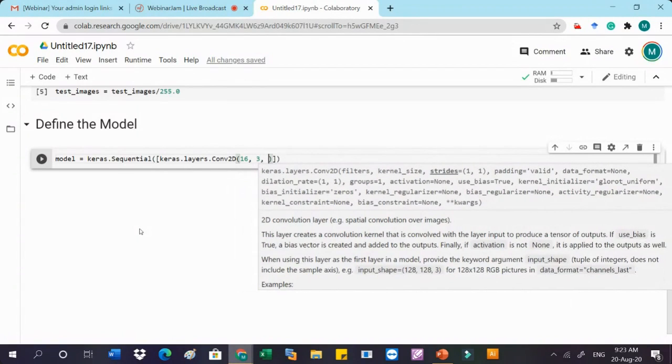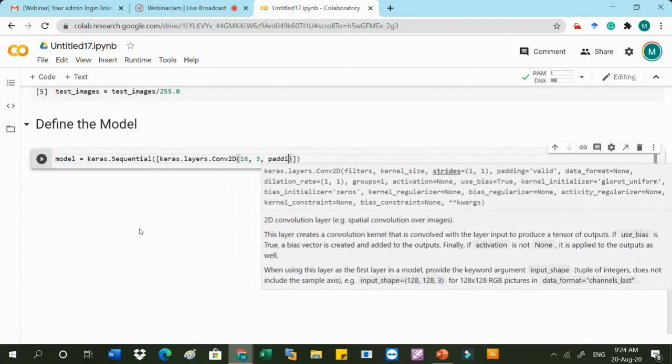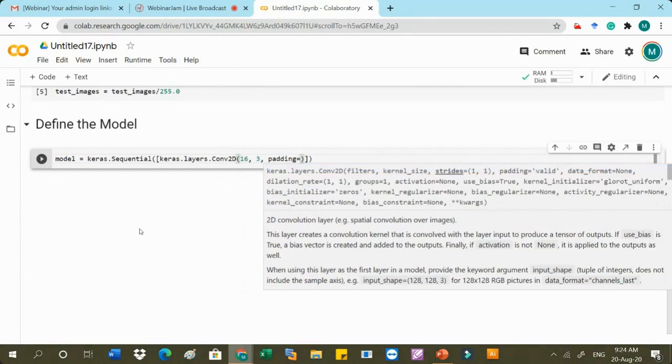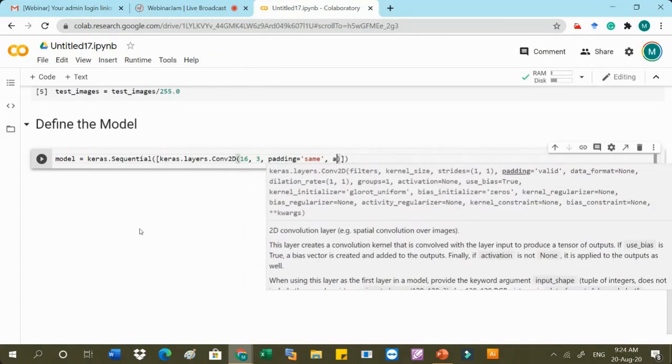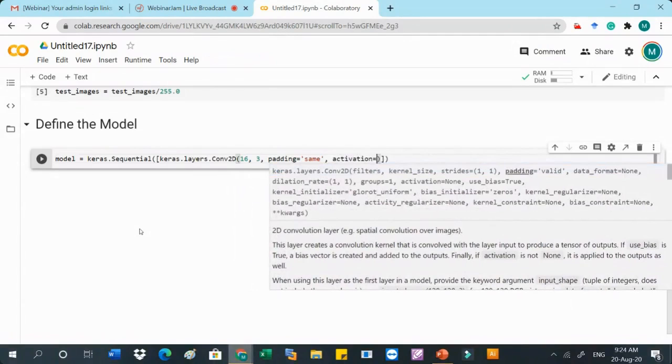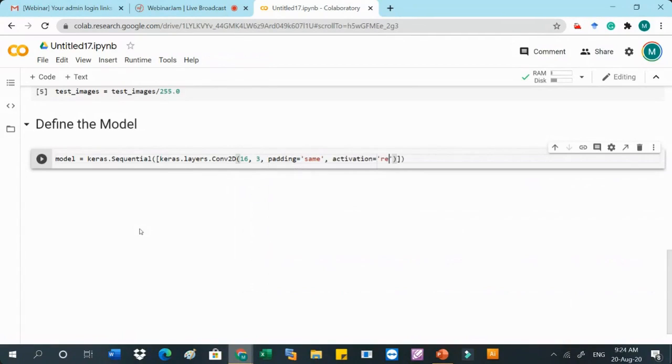In TensorFlow 1, actually we had to write many parameters. Now they have just simplified these things. Then we can define the stride size, and we can define the padding. Padding is equal to same, so we can write same over here. And then we can define the activation and so on. There are different types of values, so you can use different parameters as per your requirement. We have defined ReLU.